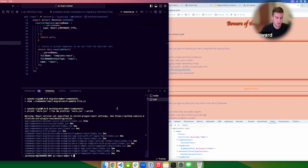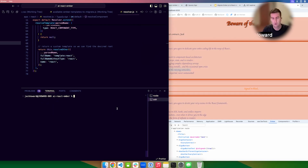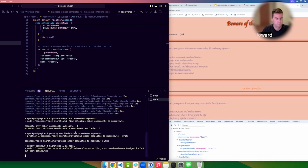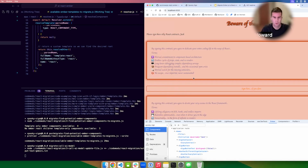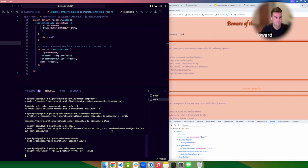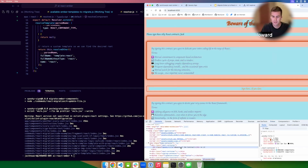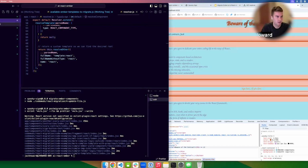I'm going to share my screen, and we're going to run npm run AI. We're going to be watching this screen for it to change to be blue, or when components are in React as opposed to Ember. Cool. So we see some of it has changed, right? We see this title has changed, and we can verify that because it has this React container, but we can also verify it by looking at the title